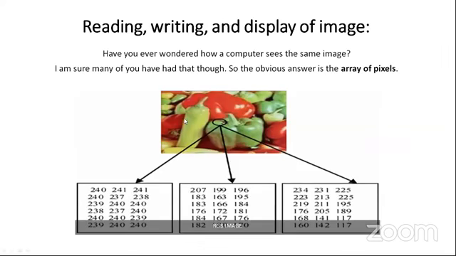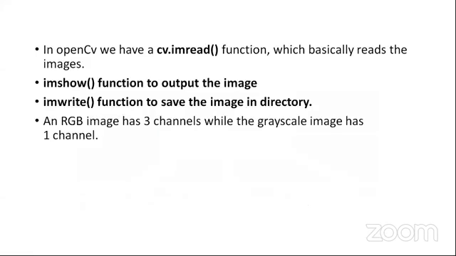So this is the pic. The computer can see that yes, this is a pic, and we have an array of pixels corresponding to this pic. The computer doesn't know whether this is a capsicum or a banana or anything else, but it knows that this is an image and we have an array of pixels corresponding to it. So the first stage of building any classifier is to read the image. How can we read it? In OpenCV, we have the imread function that helps us read the image, and the imshow function to output the image. We will see the implementation part also along with it.